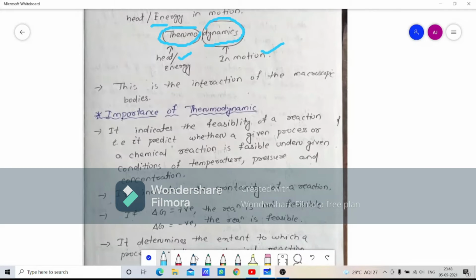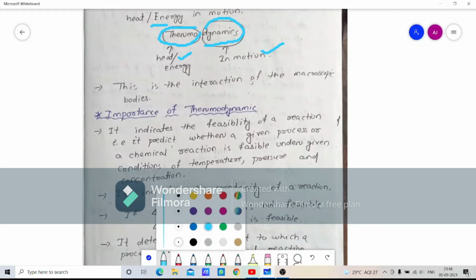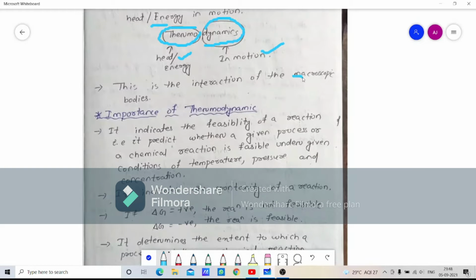Always, thermodynamics is the interaction between macroscopic bodies. We always learn thermodynamics for macroscopic bodies, but not for microscopic ones. Macroscopic body means which are large in size. Macroscopic means the substances or bodies which are large in size. Then after that we will discuss about